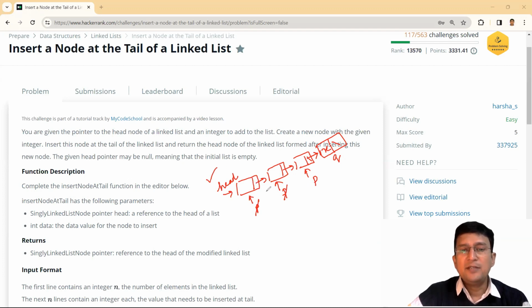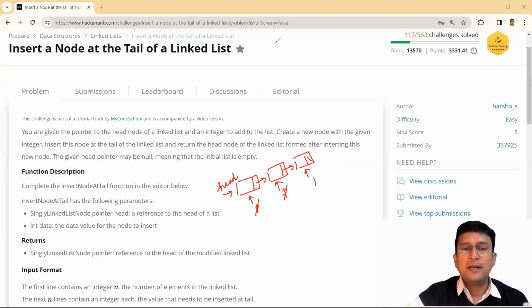So here we have seen that we will have to traverse and reach till the last node for insertion of the new node at the tail of the linked list or end of the linked list. This also requires checking a very basic condition: if the head is null, it means initially the linked list does not contain any node. In that case, whatever node you have built, that node is Q, you will set head at this node. I again repeat, if the head is null, it means that this linked list does not contain any node from the beginning. So you will have to set head at the newly created node. This is the condition that you should remember while writing the code.